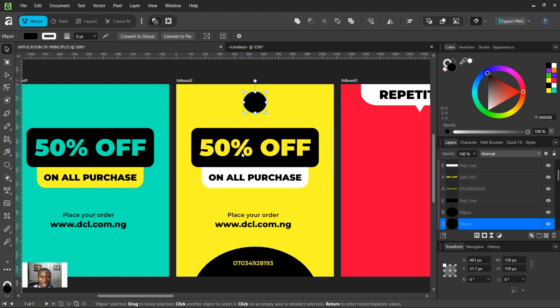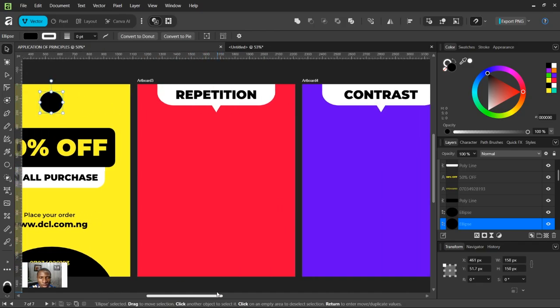So that is what hierarchy is trying to tell us, that the first design you look at, then the second one, then the third one, and the last one is what the rule of hierarchy is trying to explain to us. So as a designer, always make sure you design in such a way that you have hierarchy in your design. Now let's go to